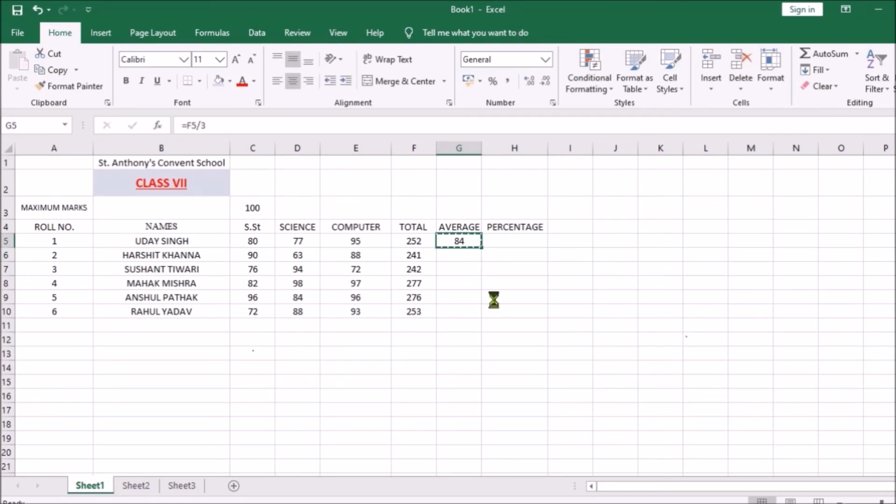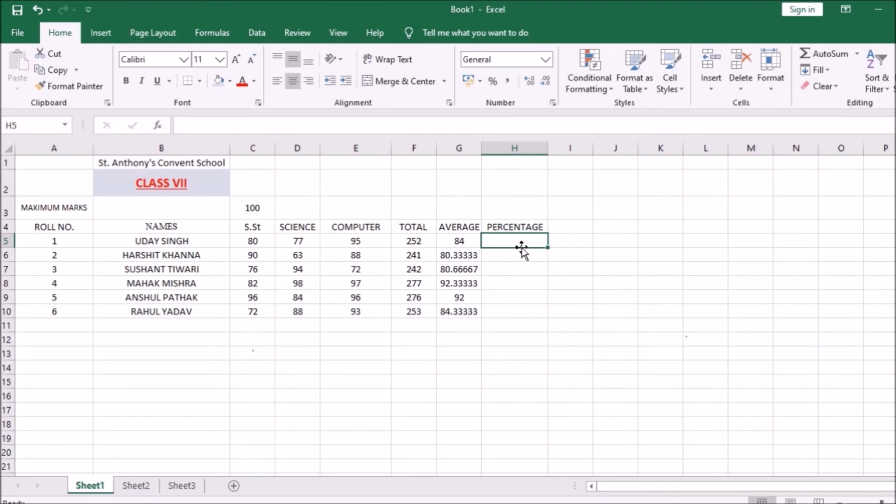Now we will copy it and paste it. Like I said, this is the method you can use to copy and paste. Now I press the escape key to reject copy and paste, because the copy procedure is still active. So I will press the escape key to cancel it.